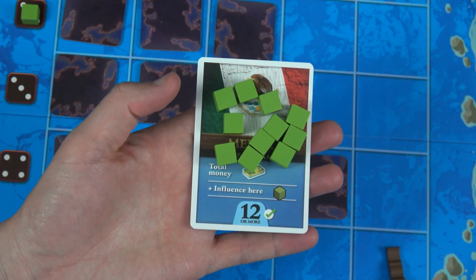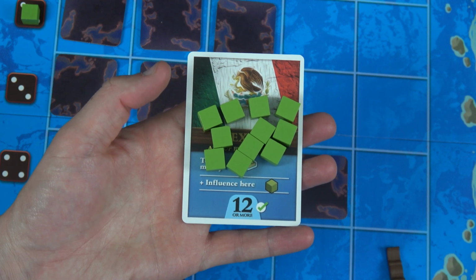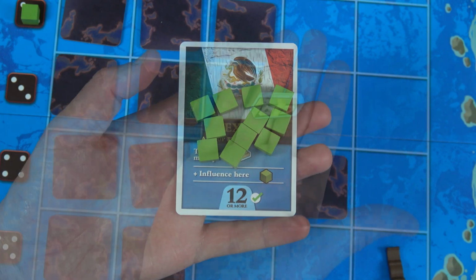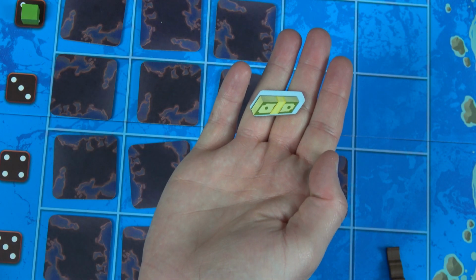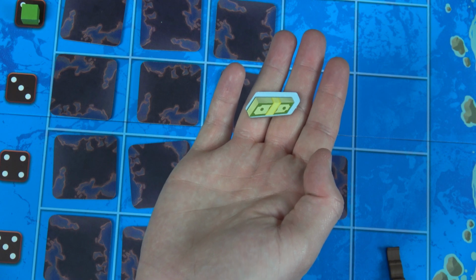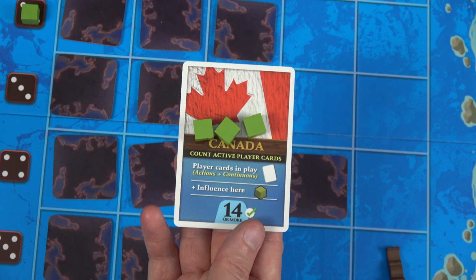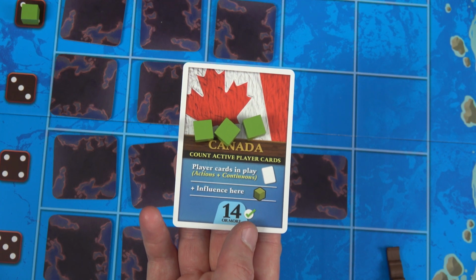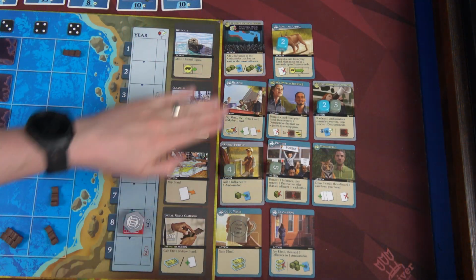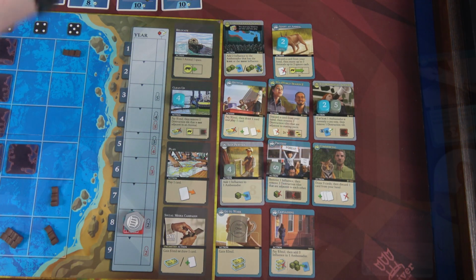We'll start off with Mexico. We have 1, 2, 3, 4, 5, 6, 7, 8, 9, 10, 11 total influence. We need 12. Do we have $1 million? We do. Thank you, royalties. Just $1 million. That's the only money we had. We spent money like it was candy. Player cards in play, actions and continuous, needs to be a total of 14 minus the 3 influence, so that's